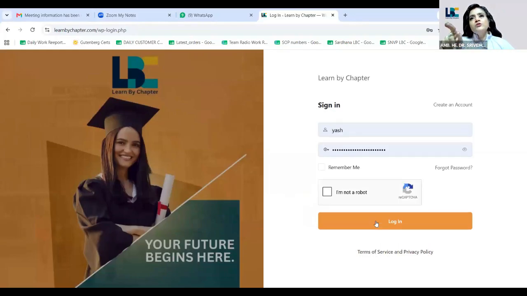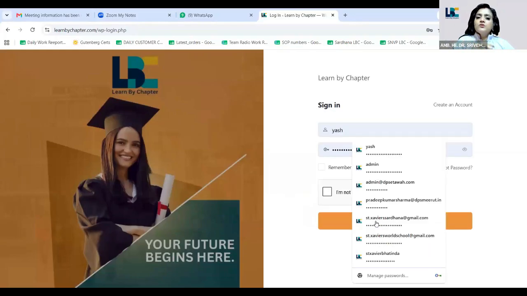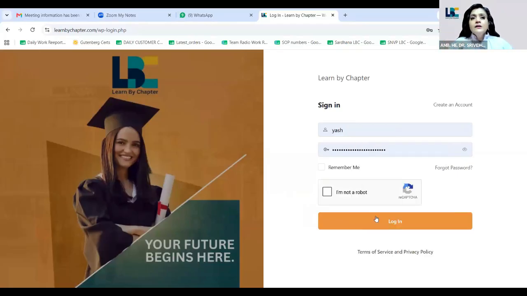Then it will bring you to the exact page of that particular class. Grade 10 means grade 10, and there you can see the different subjects, that is English, Math, Science, Social, like that. So you have to choose your subject. When you choose English or Science, it will take you to the topics, the drop-down menu of the chapters. Once you choose the chapter, it will take you to that topic exactly.